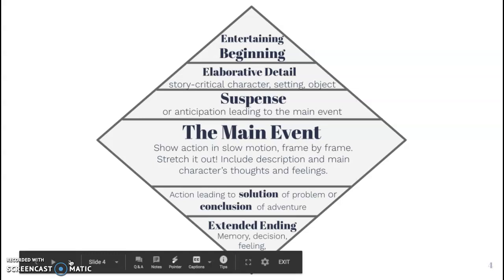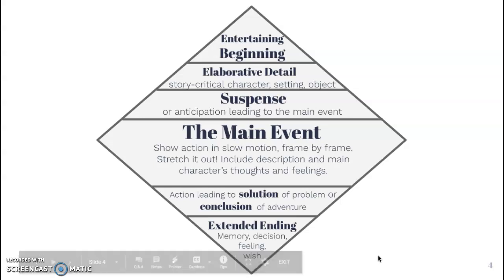And then the end. So the extended ending is kind of like an ending that lets us know what your overall idea or feeling or wish is. It wraps everything up, but leaves your reader thinking about how this applies to their own lives.